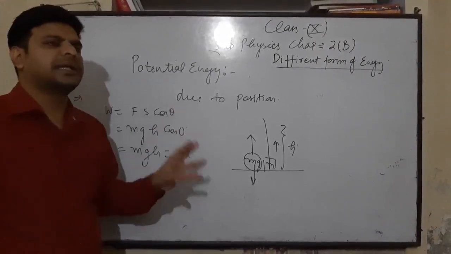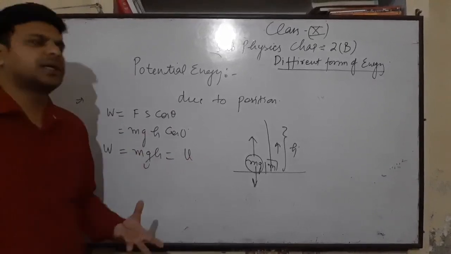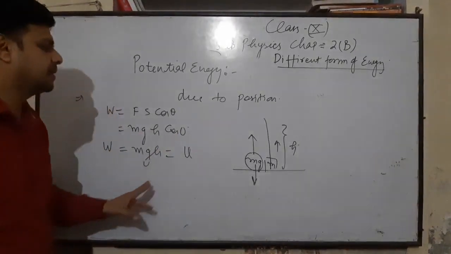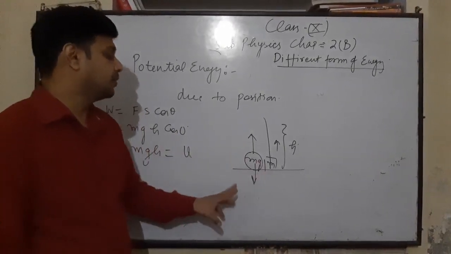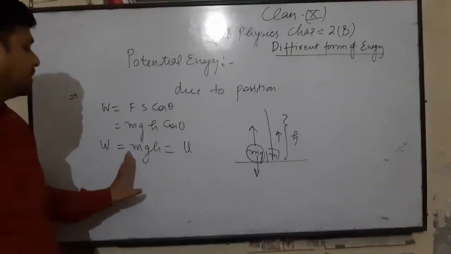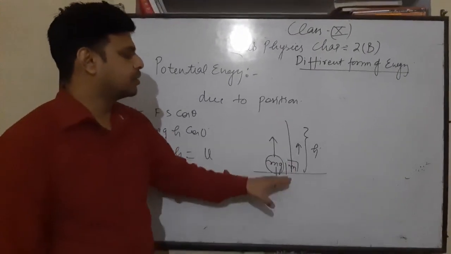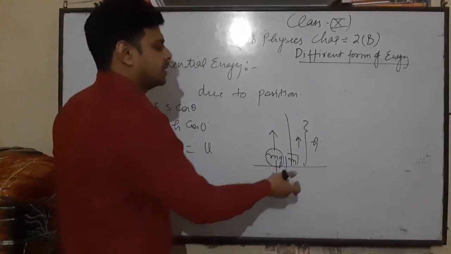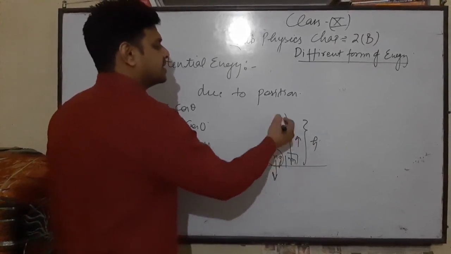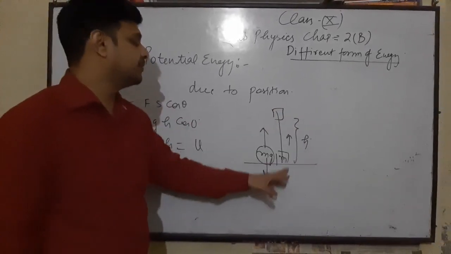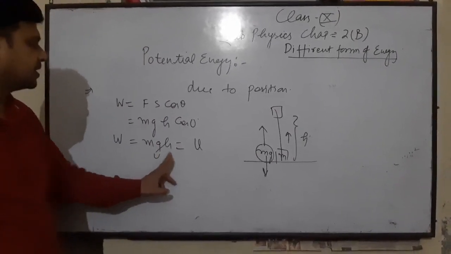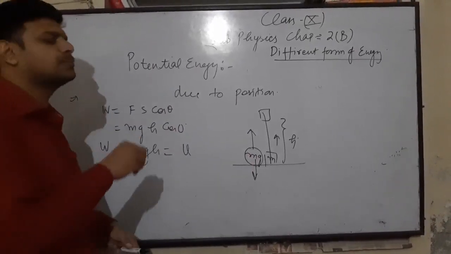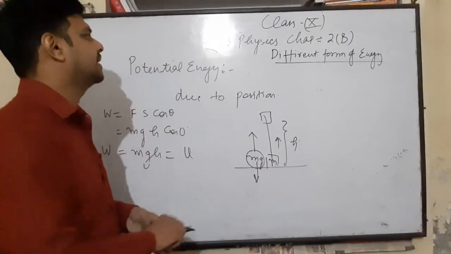So potential energy is the work done by an external agent in giving a particular position or orientation to an object. In this case, we have to do work equal to mgh in lifting this object through height h. We want to give this object a position from Earth's surface which is at height h. So we have to do this amount of work. So this work is stored in this object as potential energy. So what is potential energy? It is the work done by external agent.